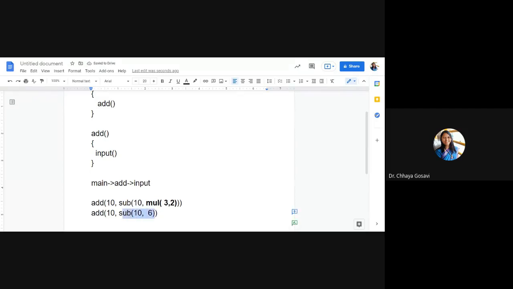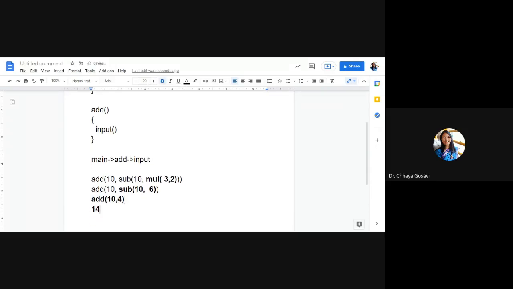Then sub 10 comma 6, the subtraction function, is executed. After subtraction, the result is 10 minus 6, which is 4. And then you perform the addition function: add 10 comma 4 is 14. So all this happens internally. If you give this as input at a command prompt, you'll get the output 14 immediately.